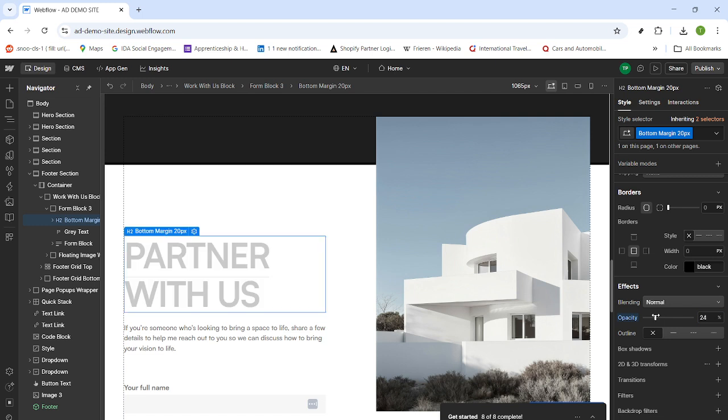Preview your change in the designer to see how it behaves with real content and interactions. If the text is too faint, nudge the opacity back up. If you're layering text over images or gradients, balance opacity with background colors to keep it legible. That's it. The simplest path to fading text in Webflow is right inside the Style tab under Effects. Save your work, and when you're satisfied, publish to push the